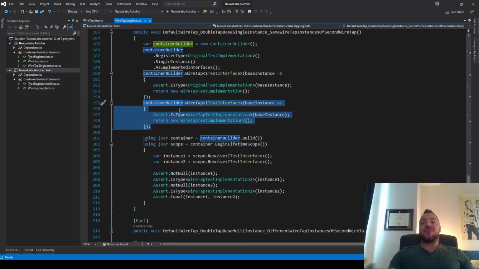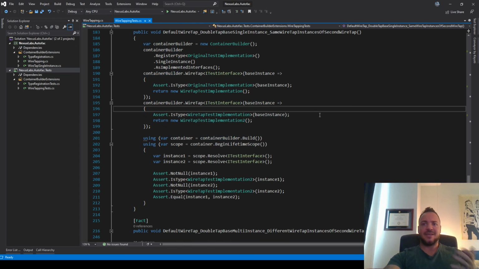So it was really cool that once I had this test in place, I'm going, I don't get it. I wrote this test, and this is the behavior I expect, right? Why isn't that happening? I could step through it, and then I realized, I see my 2 wiretap registrations. What's going on? I haven't necessarily figured it out, but it did invert the order. So instead of adding to a list of wiretaps, I insert them at the beginning, and it fixes it. Again, I have the test in place, so if I accidentally later go, oh, why am I inserting things? Why don't I just add them to this list? I have a test that will catch that for me.